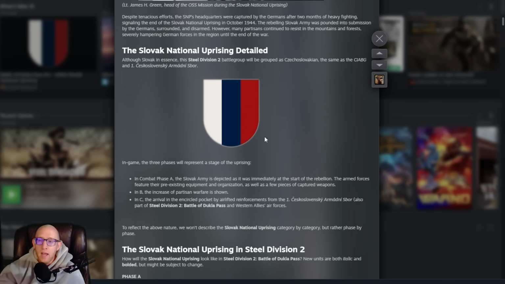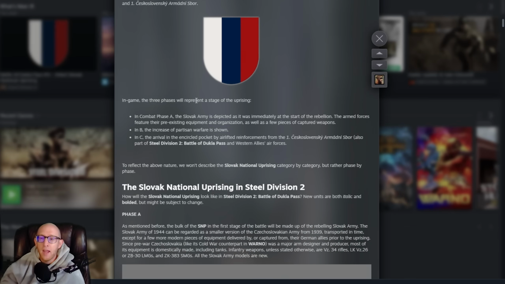Although the Slovak army, in essence, the Steel Division 2 battle group will be grouped as Czechoslovakian, the same as CIABG and the First Czechoslovakian something, something, something. All right. In-game, the 3 phases will each represent a stage of the uprising. In Combat Phase A, the Slovak army will be depicted as it was immediately at the start of the rebellion. The armed forces feature their pre-existing equipment and organization, as well as a few pieces of captured equipment. In B, the increase in partisan warfare is shown. And in C, the arrival in the encircled pocket of airlifted reinforcements for the first Czechoslovakian thing as part of...